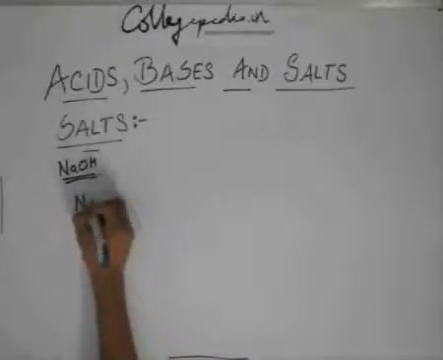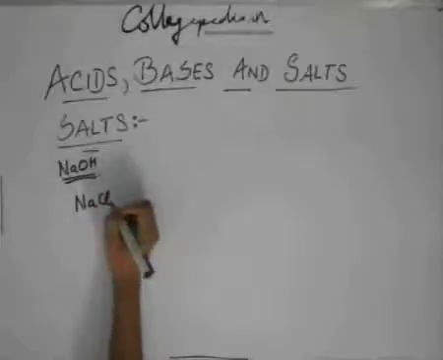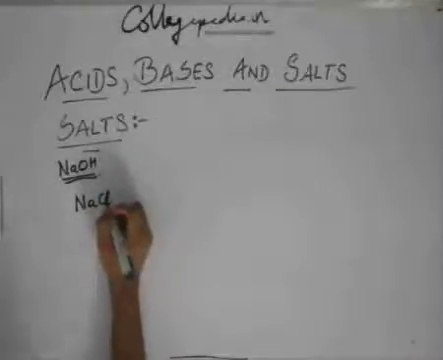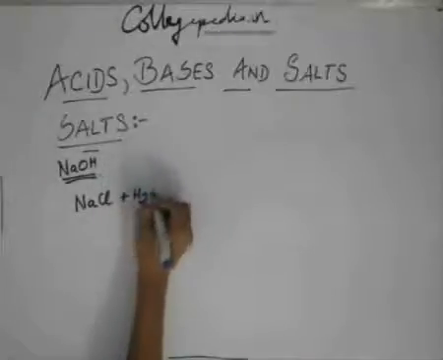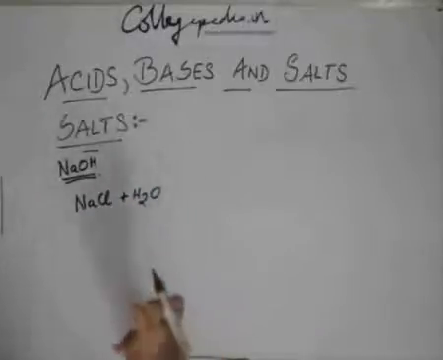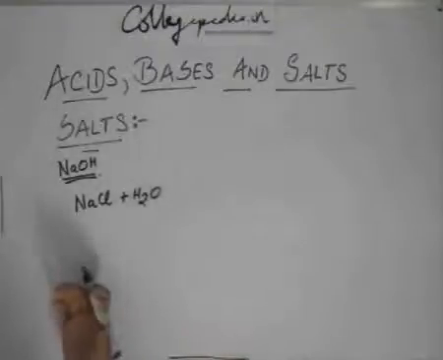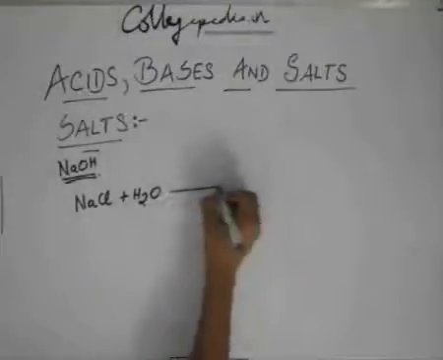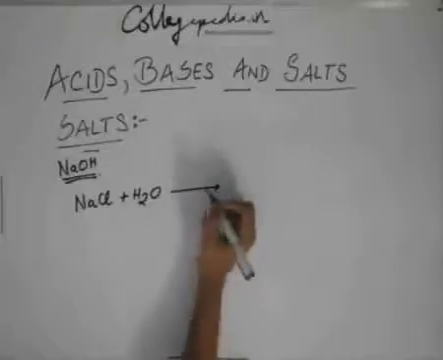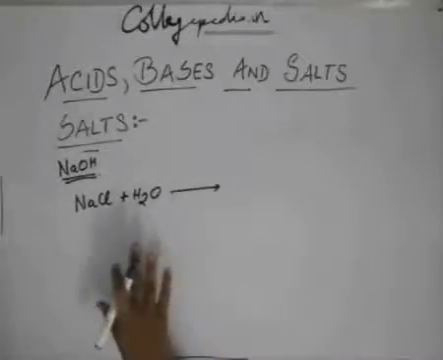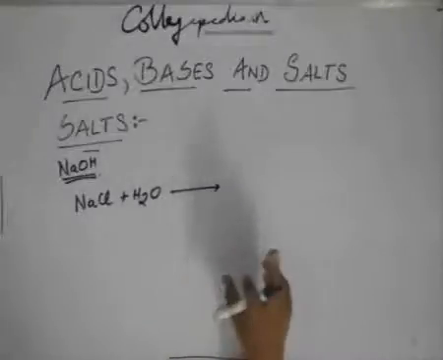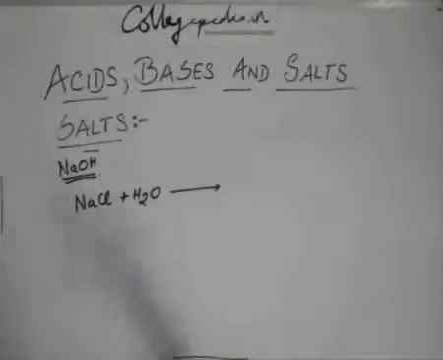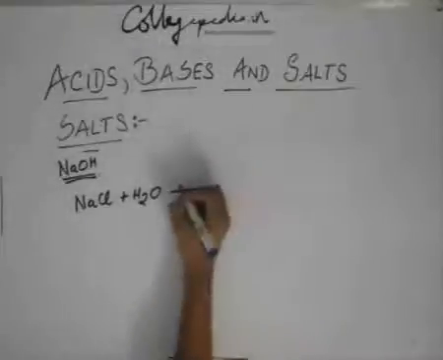This NaCl, we call it hydrolysis of NaCl. That is, when we have an aqueous solution, that is some common salt and water, we don't call it hydrolysis, we call it electrolysis. So this water and NaCl, that is the solution of common salt, is taken and electricity is passed through it. So what will happen